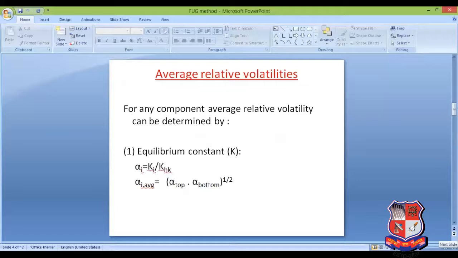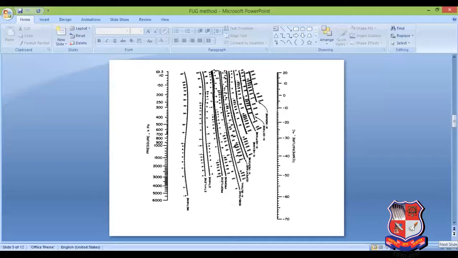One is with the help of the equilibrium constant K. So how can we determine the equilibrium constant? In your book, this kind of figure is given to you. So how can we find K? My suggestion to you, just find this book, and find this figure in your book. I will wait for some time, or you can pause the video. Okay. I hope you found that book and graph.